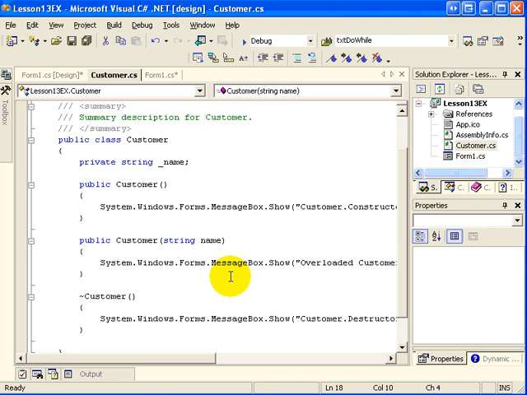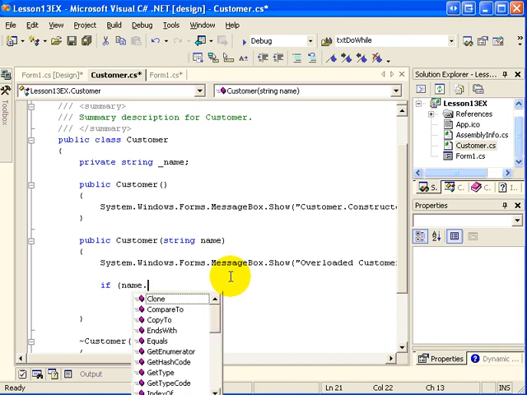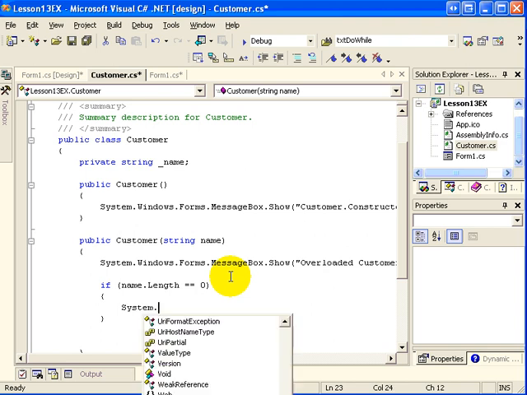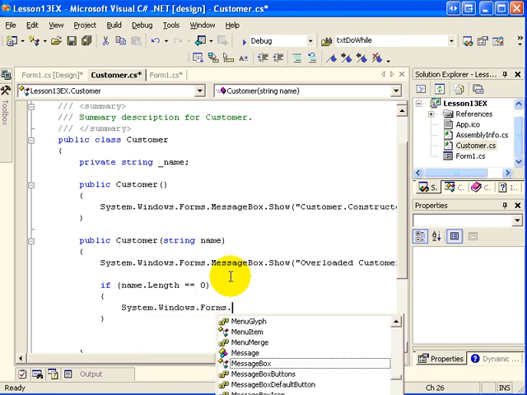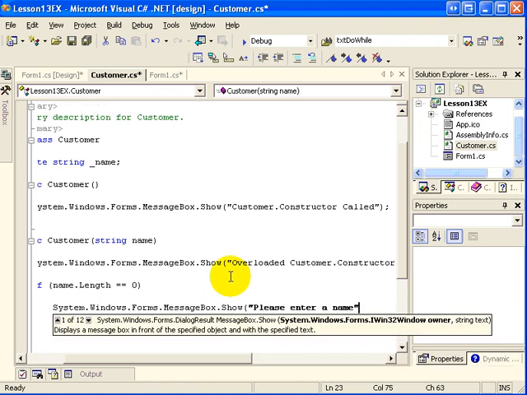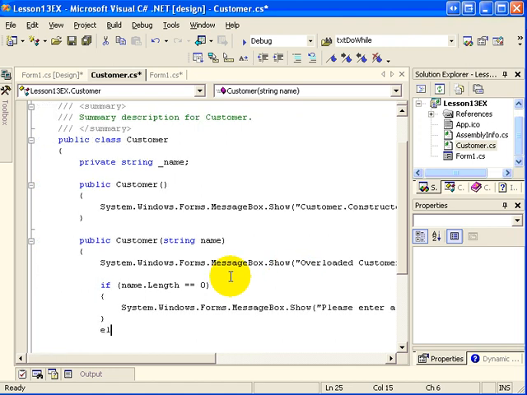So what I want to do is go to my overloaded constructor here, and I'm going to go if name, since that's the value that's been passed in, dot Length is 0. Length will tell me how long the string is. Then we need to alert the user that there's a problem. Please enter a name. Otherwise,